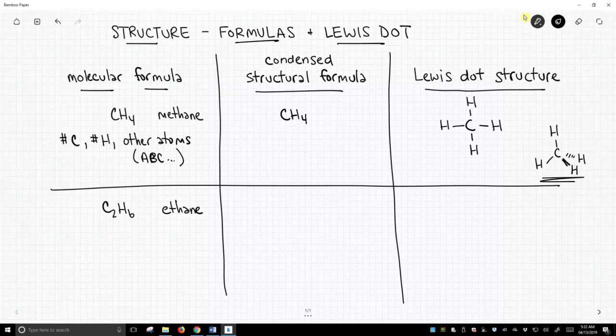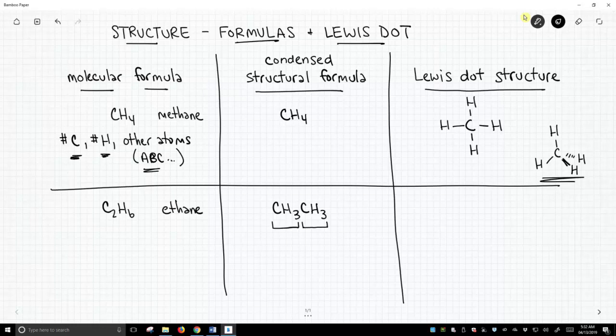Well, maybe this will be a little bit more informative. Ethane has a molecular formula of C2H6 that gives you no information about how these atoms are connected. When you go to the condensed structural formula, this is how you would write ethane. It's really 2 carbons next to each other, and they have a bunch of hydrogens. So you can think of this as there's a carbon, and that's its molecular formula for that carbon of the molecule, and then there's another molecular formula for the next carbon. The carbon and its other atoms listed often as, on the left, carbons, hydrogens, and other atoms.